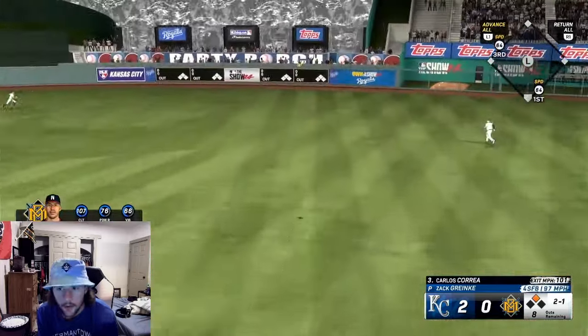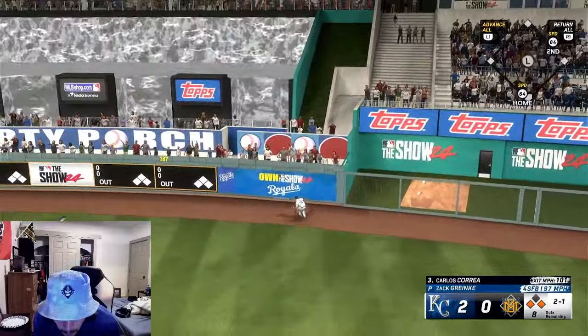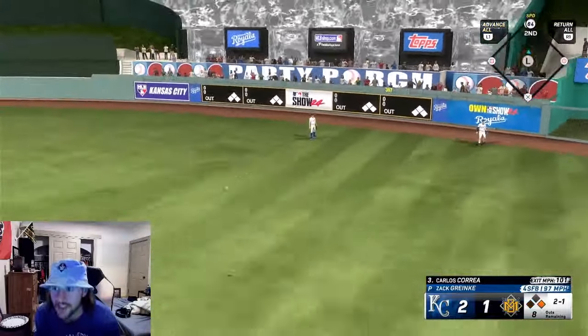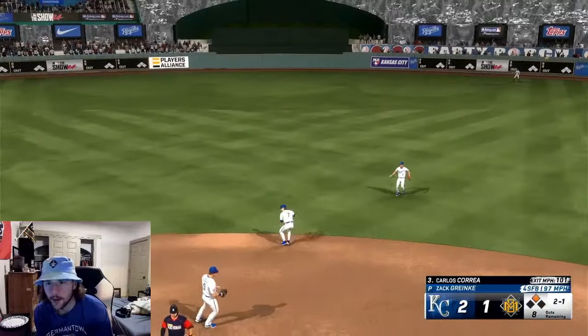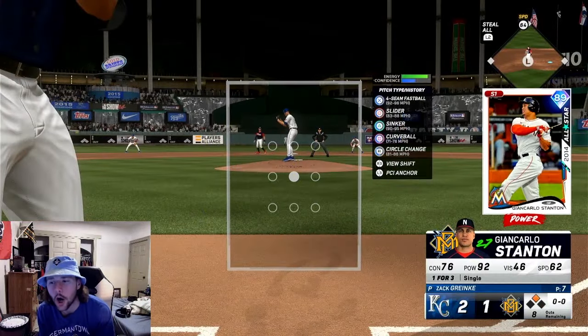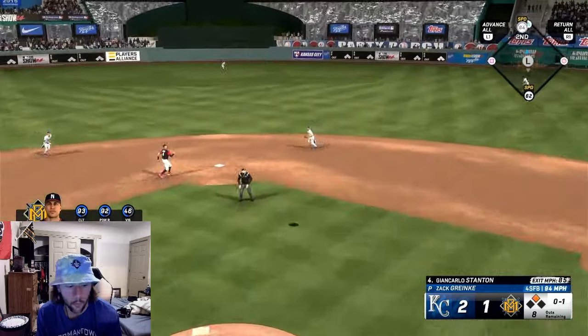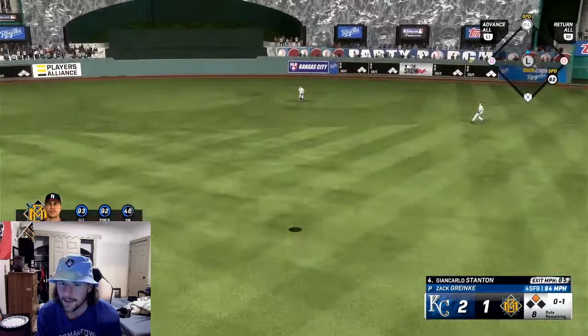There we go. Carlos Correa putting it in play. Is that Renfroe? I think he has a cannon. Yeah, no, we're just going to stay at second. All right, so we trade places, and now one swing of the bat could walk it off for us. We have Giancarlo Stanton. Ooh, I got underneath it. I don't think I'm going to be able to...